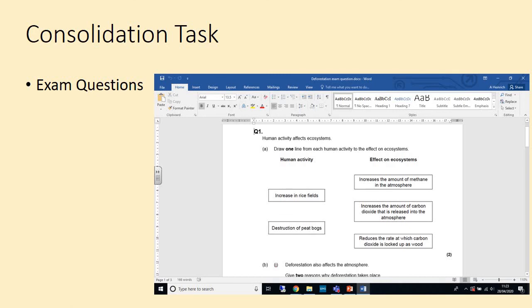You can either print those and then scan them and submit them back through Teams, or you can happily just write out the questions in your books, and that will also be fine. Please submit these. This is the particular part we will be feeding back on the following week, so you can go through those answers.